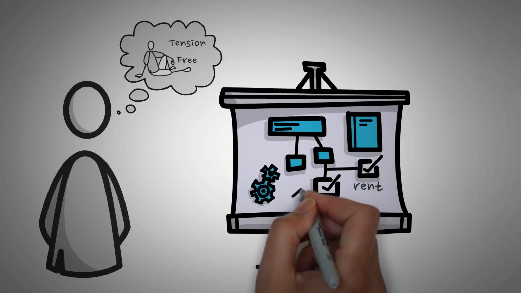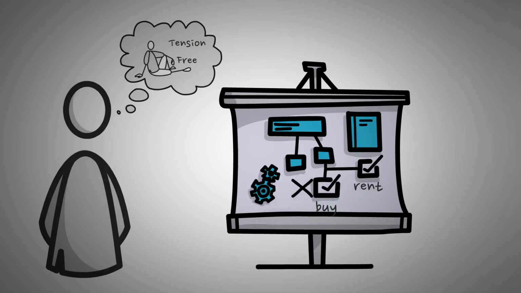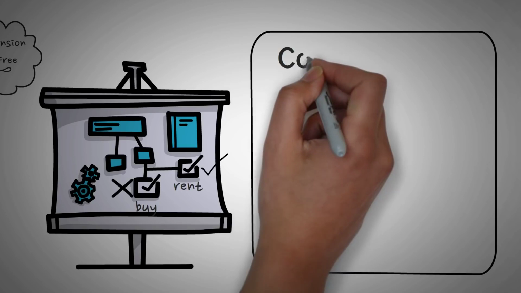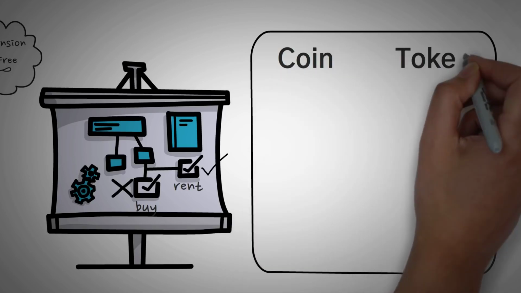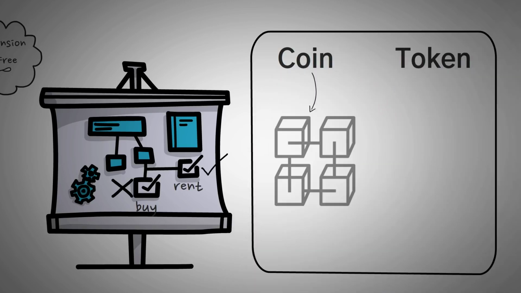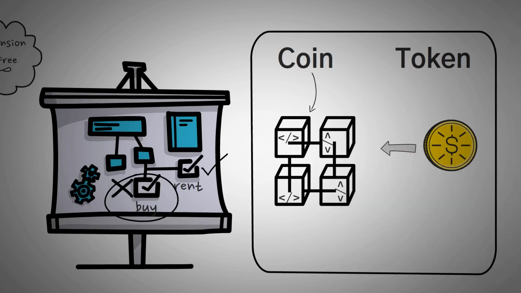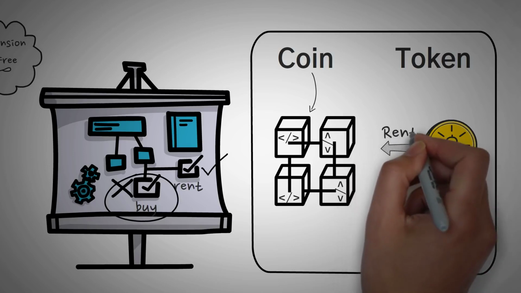For example, you may not have a bunch of cash to buy a new car outright, or maybe you were just super busy and you don't want to take care of the maintenance. Well, if you think of this analogy, it's pretty much the same as the differences between a coin and a token. A coin uses its own blockchain to keep track of all the data, which in our car analogy would be owning the car. When it comes to a token though, you are using someone else's coin's blockchain as your infrastructure, while you basically pay rent.